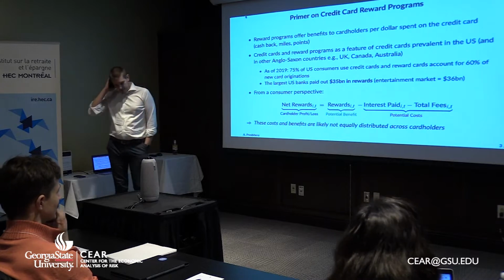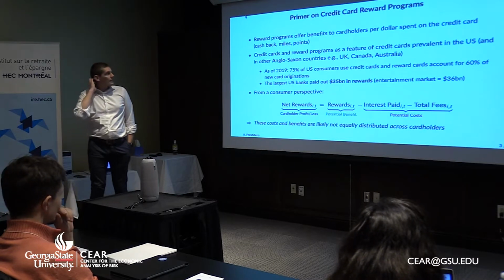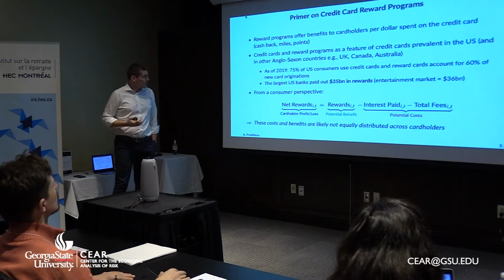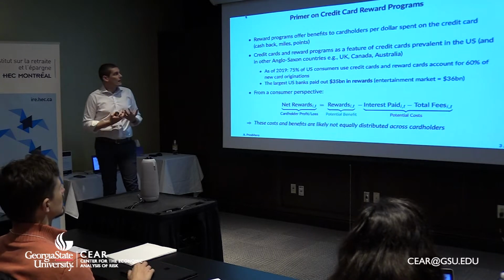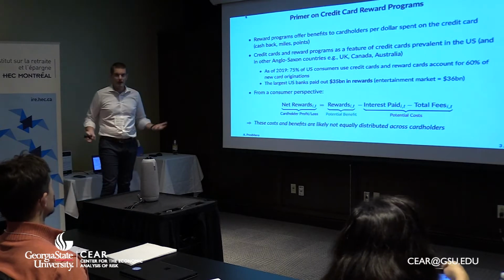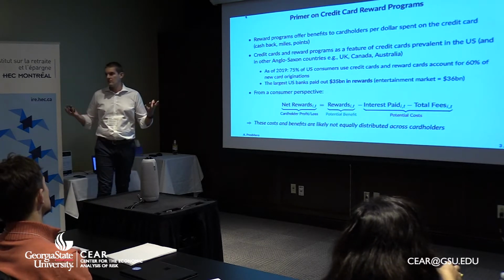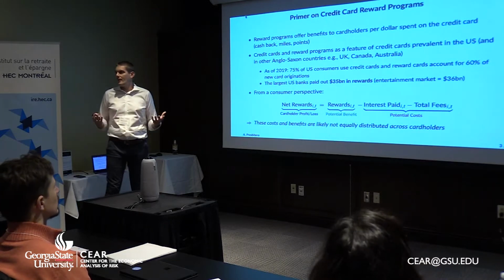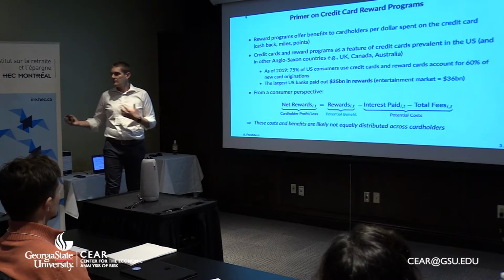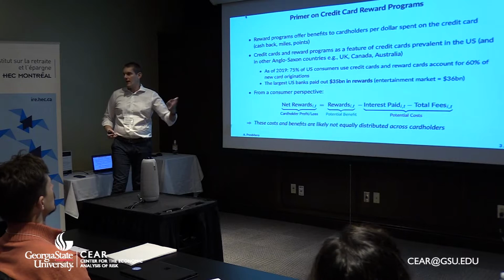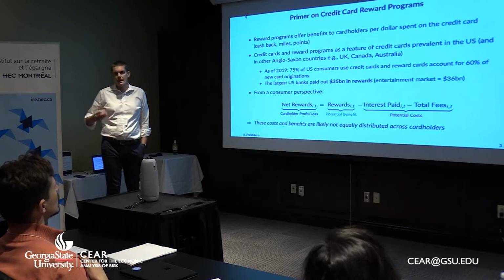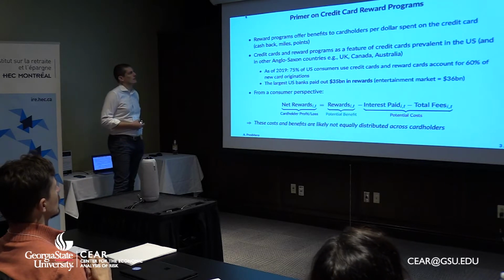So this slide, I guess, is probably not very useful in this kind of context, but just to give you a very quick overview on credit card reward programs. What we have in our data are the credit cards, and we consider reward credit cards the ones that provide you cashback, miles, and points, and everything is quantified in US dollar amount. Any reward which is not quantifiable in a dollar amount is not in our data. So for instance, status or access to lounges is not. Any point which can be translated into a dollar amount is okay. To some extent, it's not a big issue because if anything, we're underestimating the reward because there are non-pecuniary rewards that count as credit card benefits.